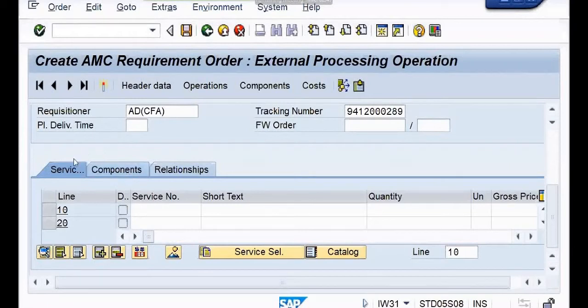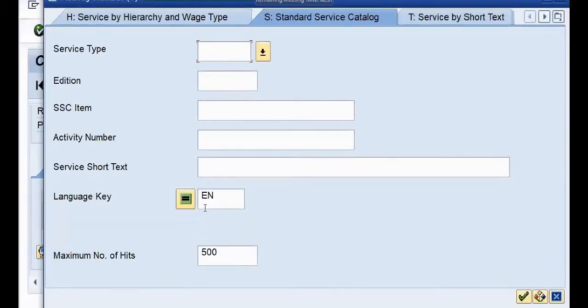Then I'm going to use the services tab. Within this services tab, first of all, I have to select the service. Which service you want? I can take the help from here, as I have to cover my laptops or computers under AMC. Then I can understand that services must have the text AMC.